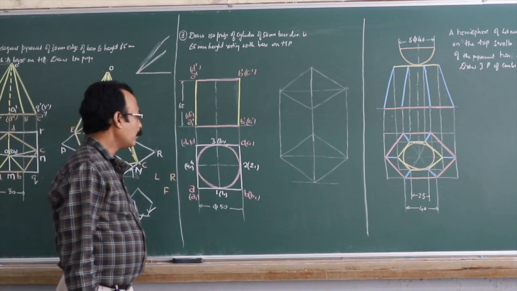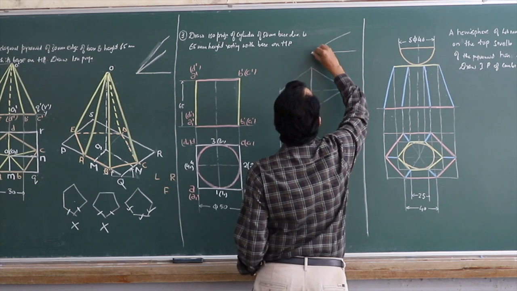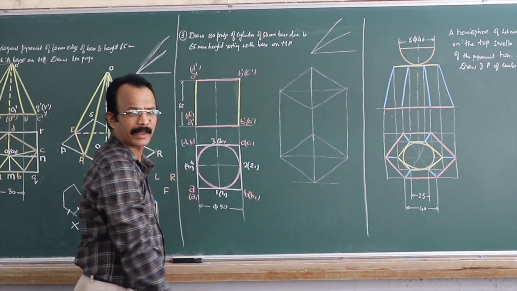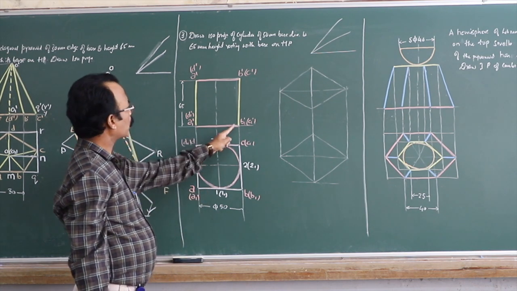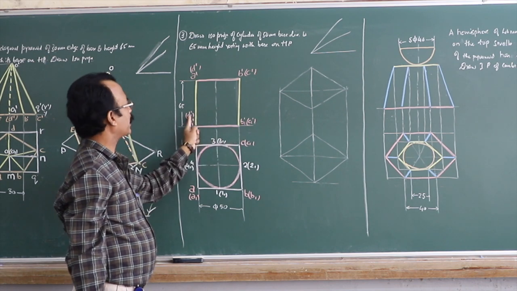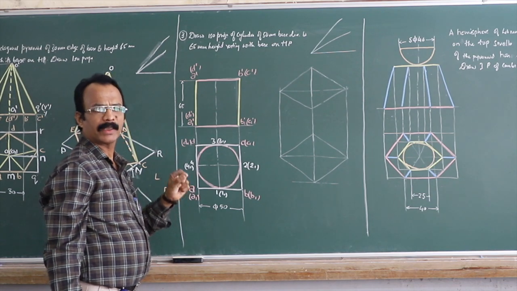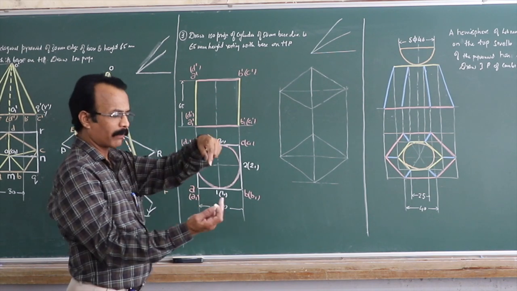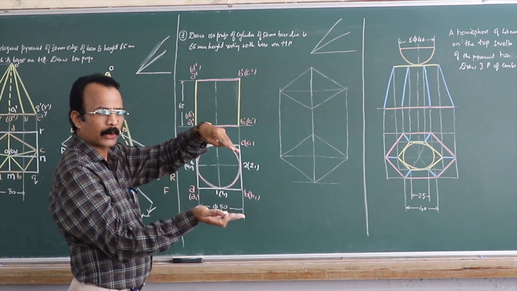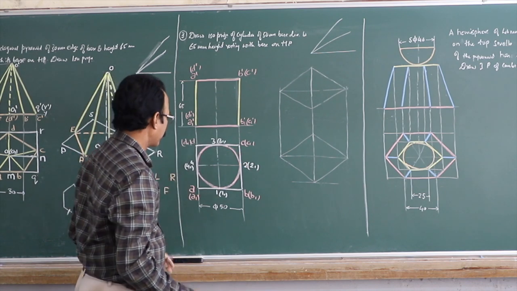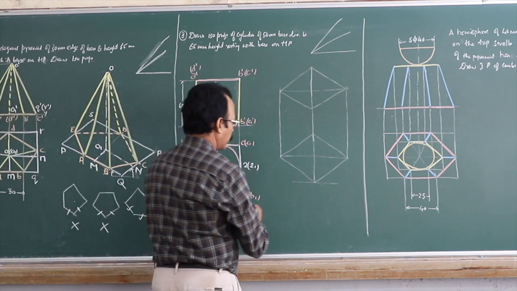Okay. So now the first part, right, as usual, draw the isometric scale and all the length should be taken via that isometric scale there. So now you have to first draw this base A1, B1, C1, D1, which will be nothing but an ellipse there. So we have already learnt in the previous interaction how to draw the isometric projection of a circular lamina when it is horizontal, that is when it is parallel to HP, how to draw it. So I will be starting it from this bottom corner B1 here.